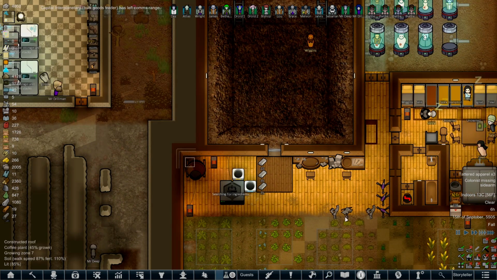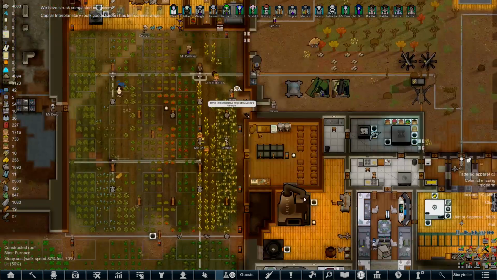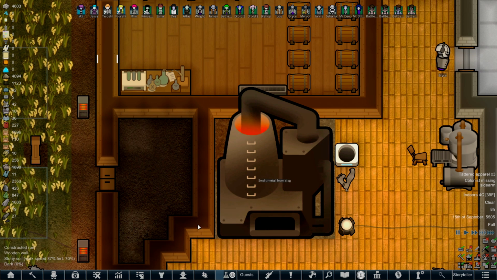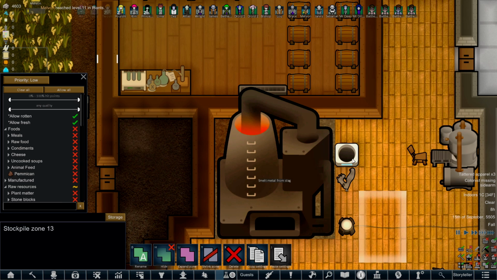Let's see. Oh, we've got some steel slag here. We may as well make use of that. Get that smelted down over at this guy here. So that should smelt and then poop into this input port, which is good. Wait, it's set to input source none. Okay, great. Well, that needs to be digital storage unit. And that's going. Smelt metal from slag. Very nice. And now...